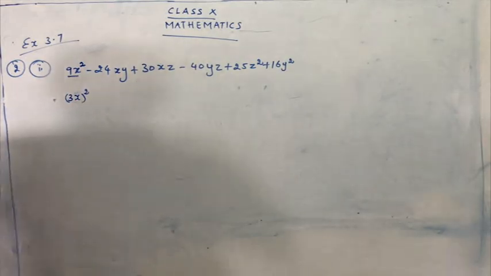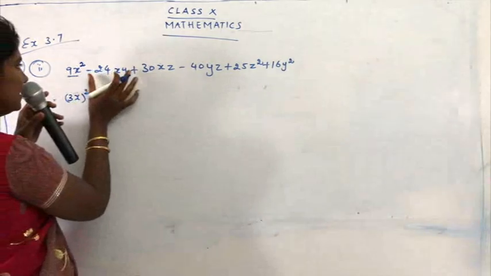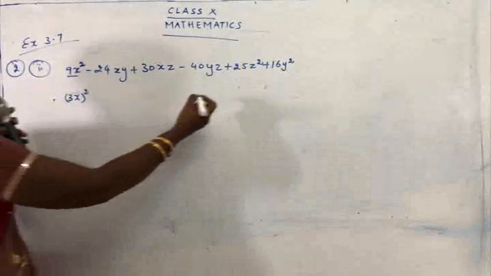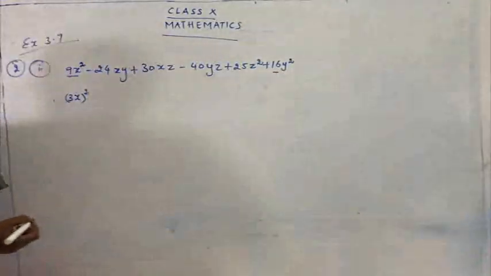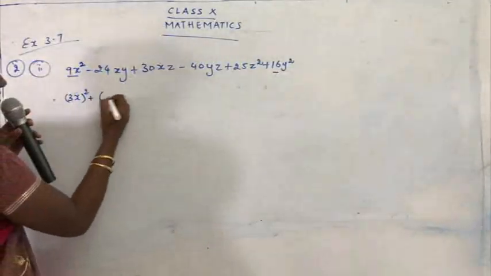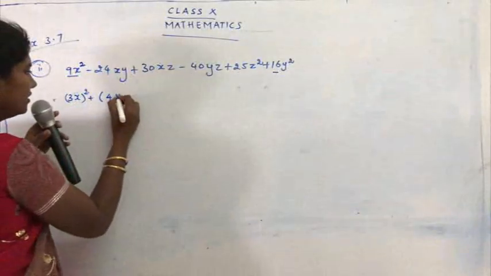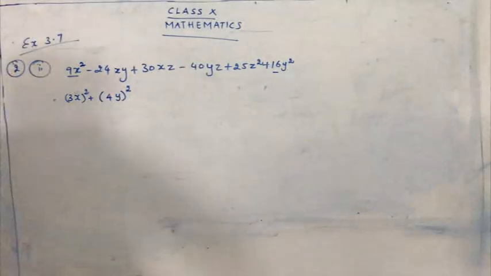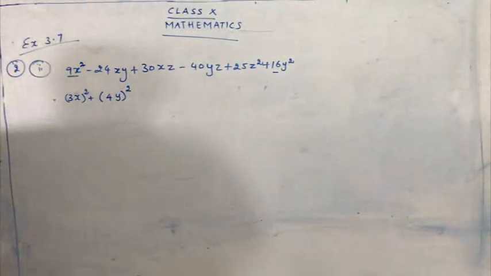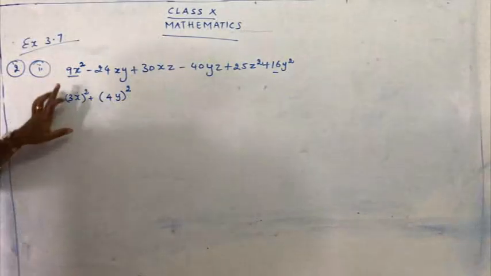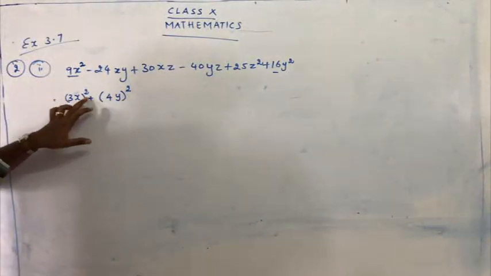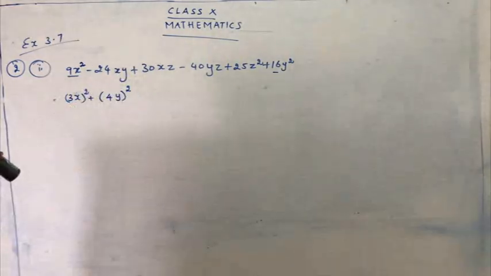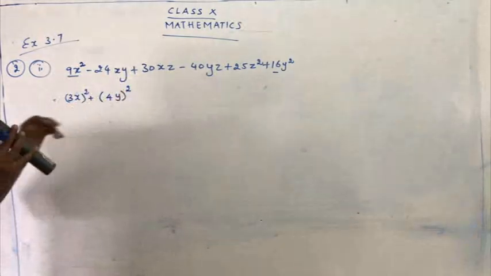Okay, coming to the next part. So do not change all this, just keep this as it is. So try to collect all the square terms first. I'm going to take now 16y square. So how are you going to write this? As 4y the whole square. The sum is not complete. We are just doing some adjustments over here. So just go with the adjustment first. So 9x square is written as 3x the whole square. 16y square is written as 4y the whole square. 4 4s are 16 y square.